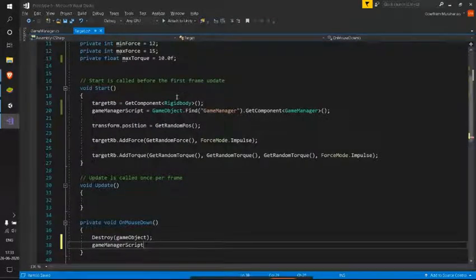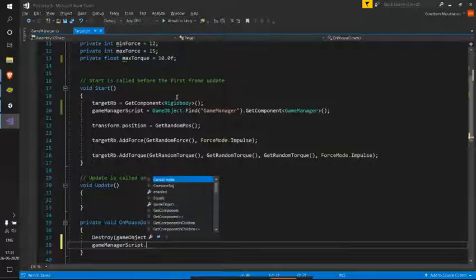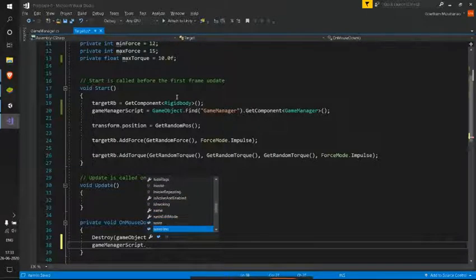If I use the period operator, I can see score, which is one of the variables we have in there. Score text is another variable. Targets is one thing, and spawn delay is another thing. So the method we need is UpdateScore.